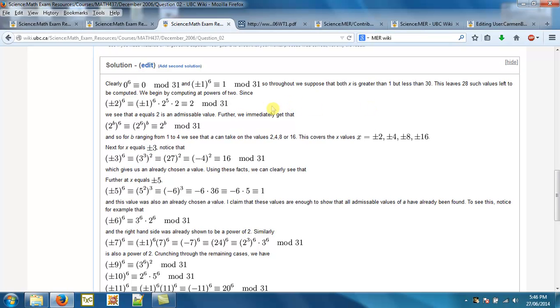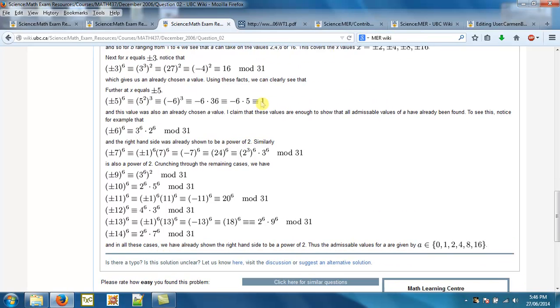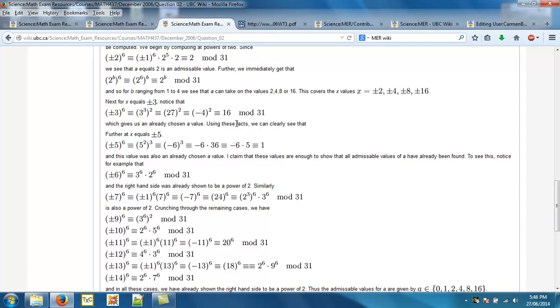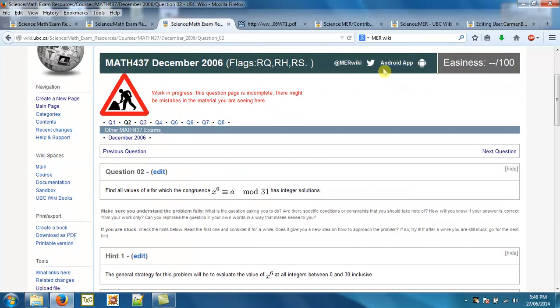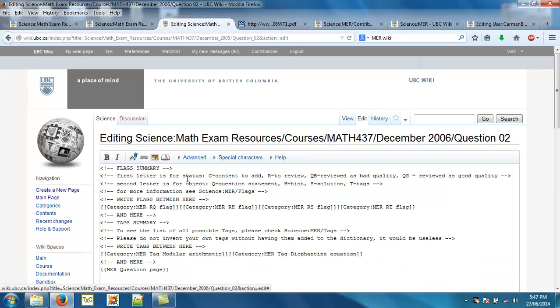Let's just go with the fact that let's assume that this is good, and we'll go from here. Remember, it's not a huge deal if it's not good, because again, this can get continually peer reviewed, so it can get changed later if we need to. But for now, let's say that the solution is good. Okay. So if we're doing that, then we go to edit again at the top of the question page, and